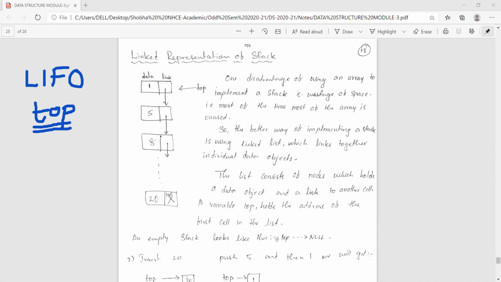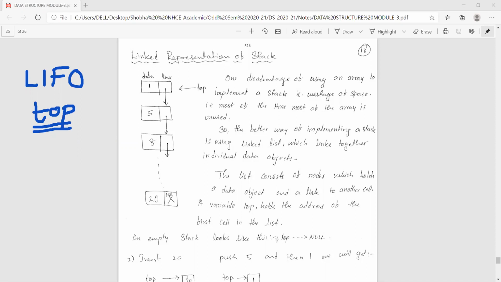So there it is merely wasted. To overcome this kind of wastage of memory space by allocating it to an array, we have a better way of implementing this same stack concept, LIFO, using top, insertion and deletion at the same end, which can be implemented using linked list.